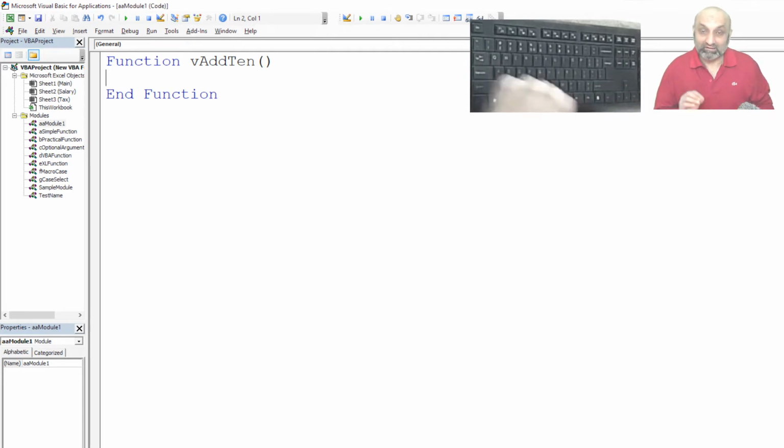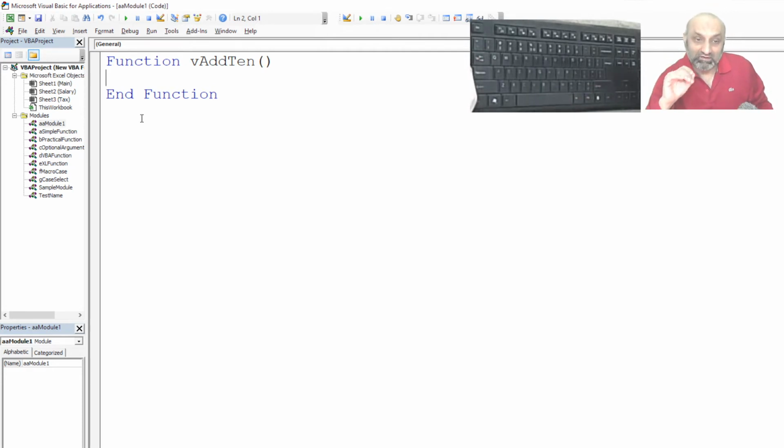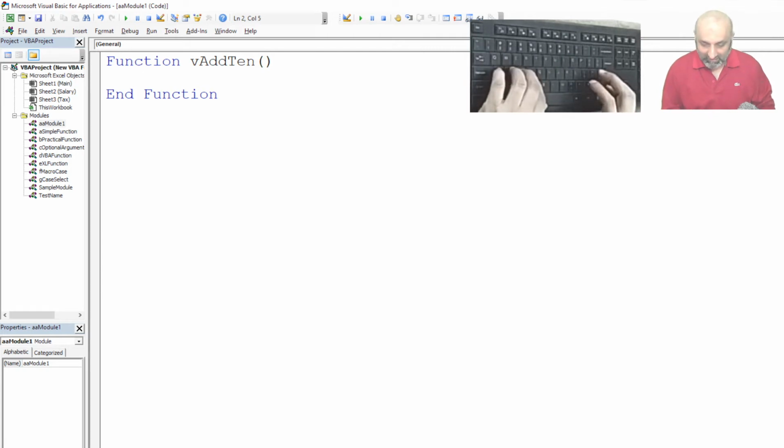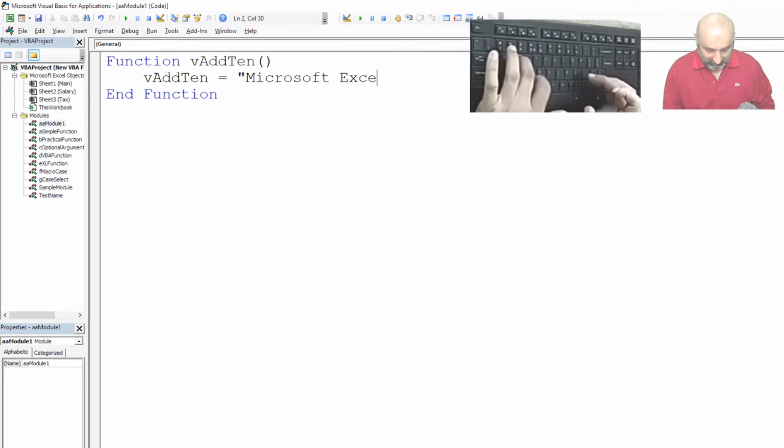And the last thing, and the very important thing, is that the name of the function should appear on the left side of the equal sign, which means that we need to assign a value to that function. So let's assign a value, and that would be v add 10 is equal to...